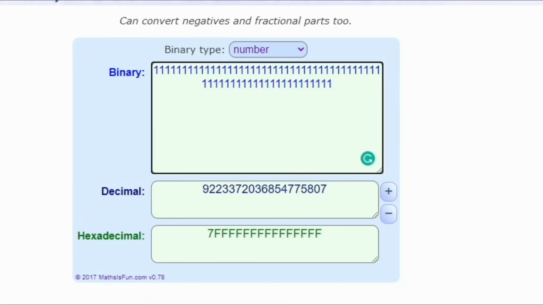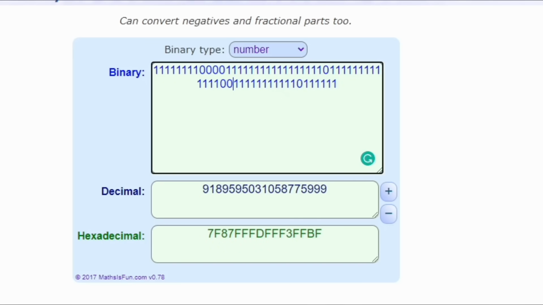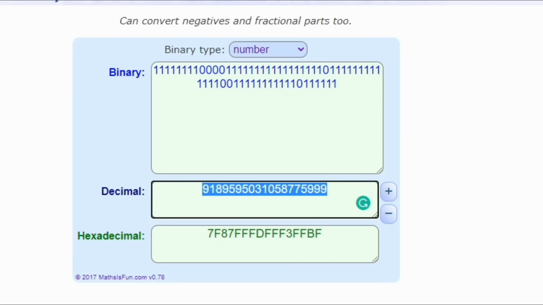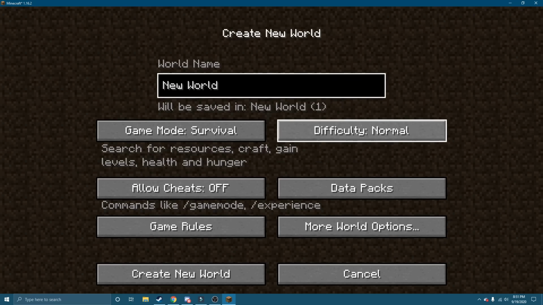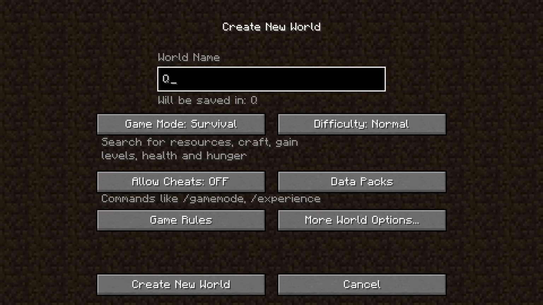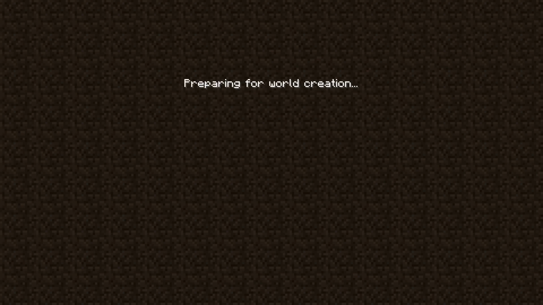I don't know if it has to be 8. We're going to choose 8 random ones, and I'm just going to do, I don't know, 1, 2, 3, 4, 5, 6, 7, 8. And then we're going to be taking this seed right here and then loading it into Minecraft. We're gonna make a new world. We're gonna full screen the tab, and then now let's just see. We're gonna go with quirky world. Why not? Go into creative, peaceful difficulty, and then enter in this seed.